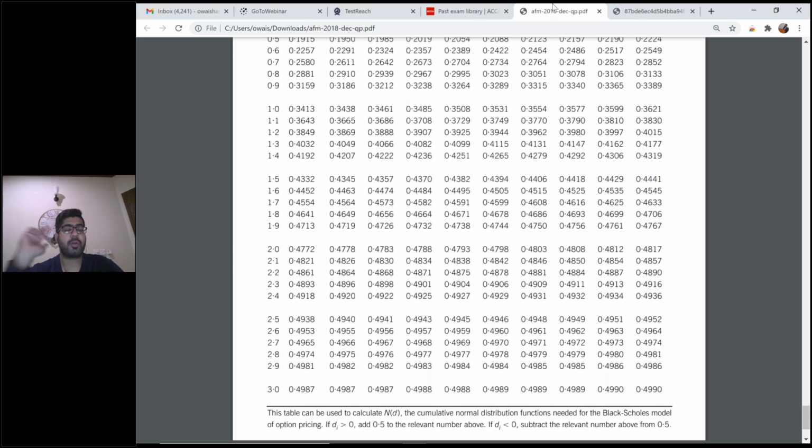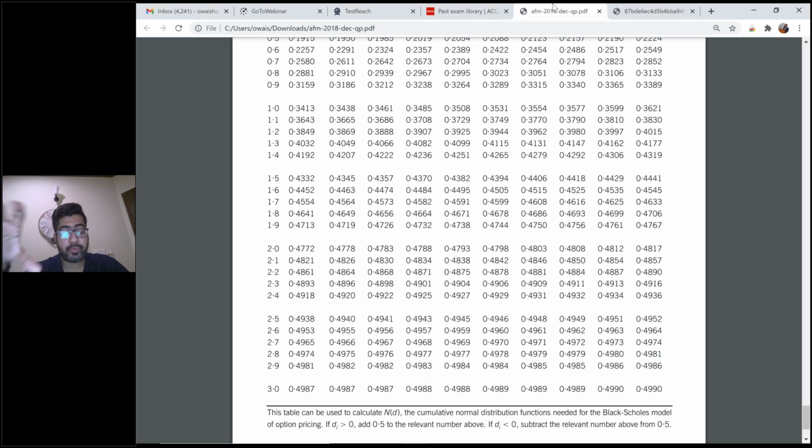Now, before using this normal distribution table, just read what is written in the last 2 lines in this table, in order to get a firm grip of what you are doing. This table can be used to calculate N(d), the cumulative normal distribution functions needed for the Black-Scholes model of option